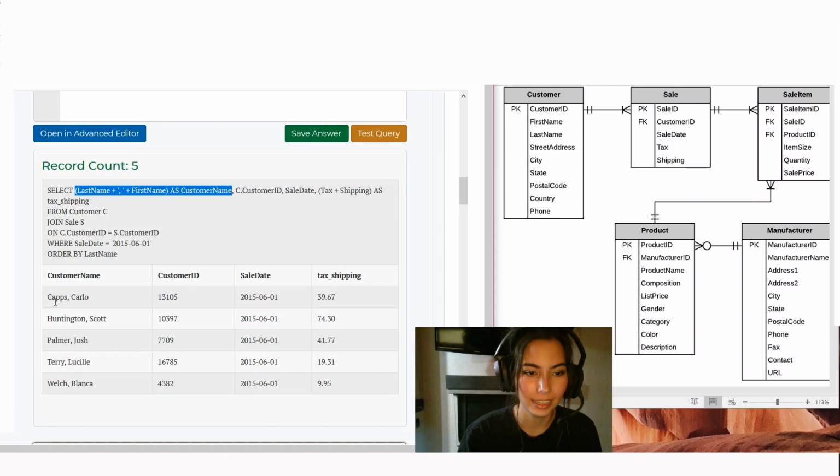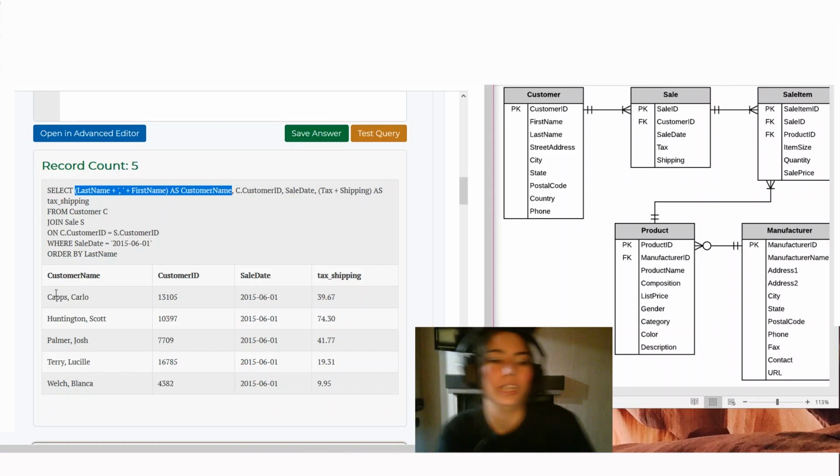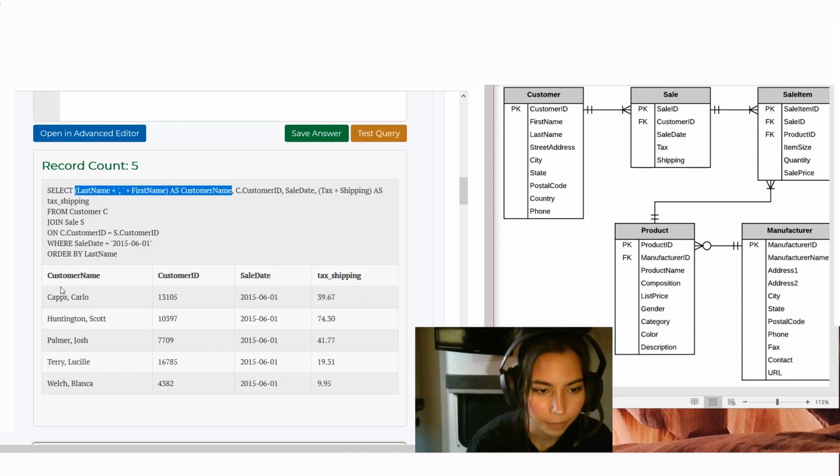So we have last name, first name, and in between these we have a comma and a space. And notice how it's in alphabetical order by last name. Then we have customer ID, we have sale date, and our years are all 2015 like we wanted, our months are all the 6th, and our